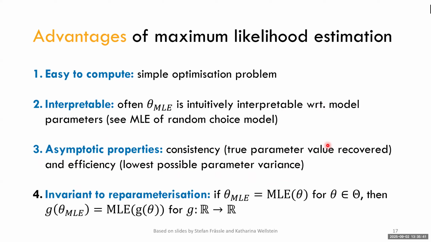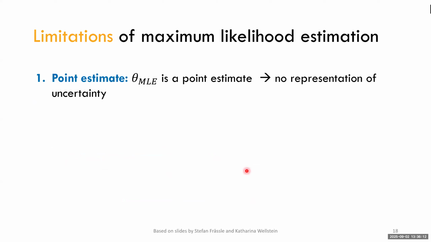And it's invariant to reparameterization, which means that if you transform your model parameter space, then the transformed MLE for that space will stay valid. So those are just some nice mathematical properties. One thing, just to do some foreshadowing here, is that of course in real life you don't always have infinite data. And so in reality, these mathematical properties don't always come about as something that you can use